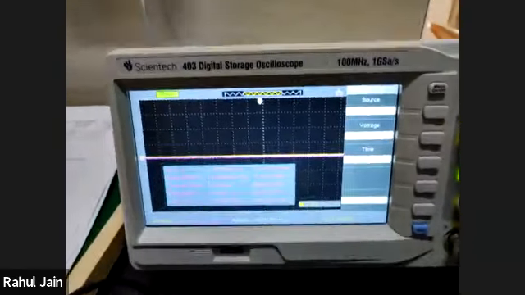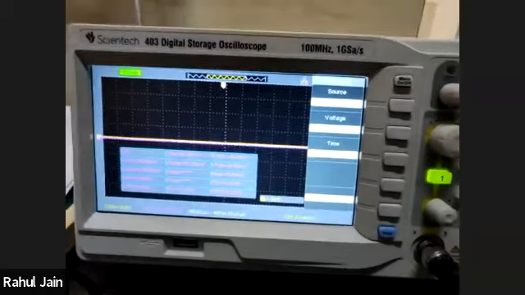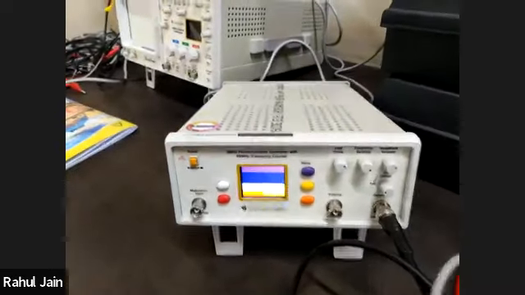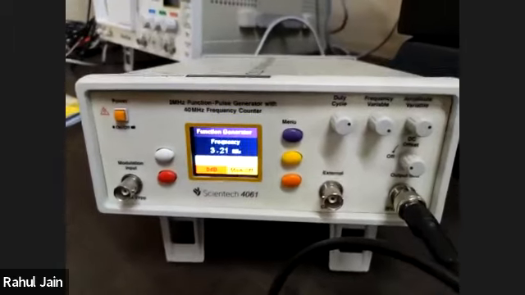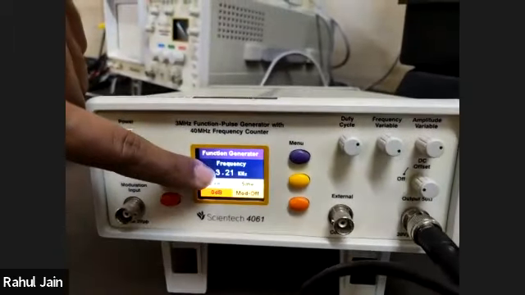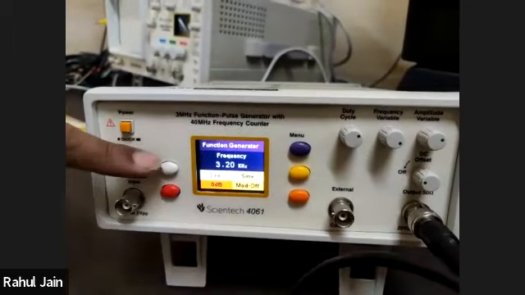Okay, now that is on, but you can see the signal is 0 because the function generator is off. Okay, so now let's turn this on. Okay, now here you can see the current frequency is 3.2 kilohertz, and here you can see there is a